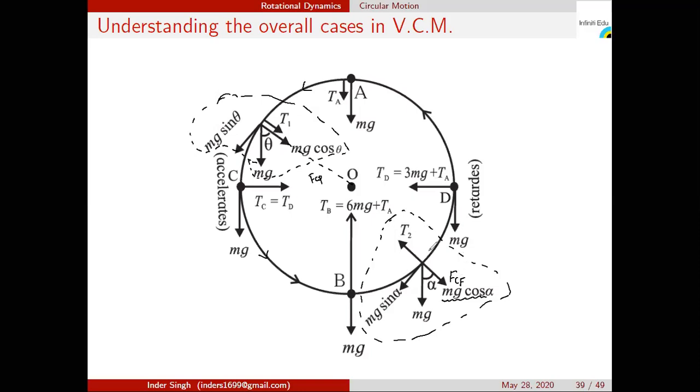So the weight means nothing but the gravitational force only. So we can say that from the bottom position to the top position, the gravitational force is decreasing the effect of circular motion, while from top to bottom position, the gravity is helping the circular motion. Helping the circular motion means providing the necessary centripetal force for circular motion. Not helping the circular motion means it is not providing the necessary centripetal force for circular motion.